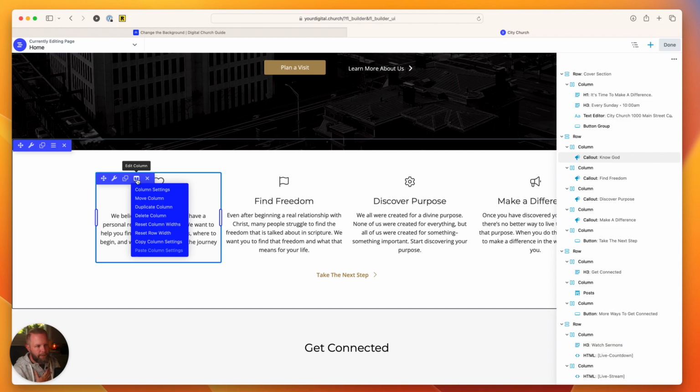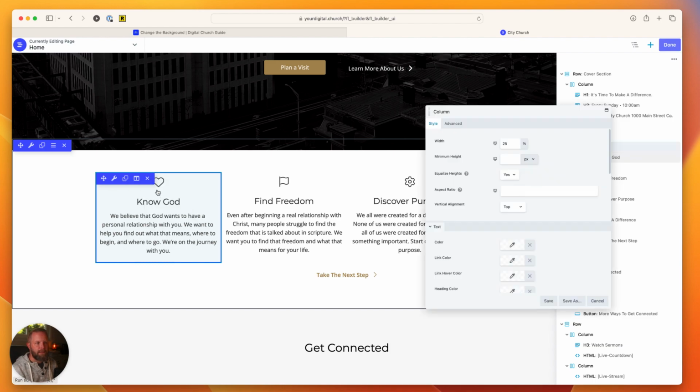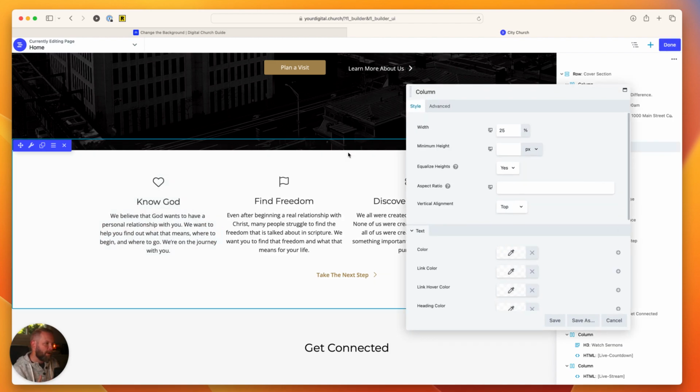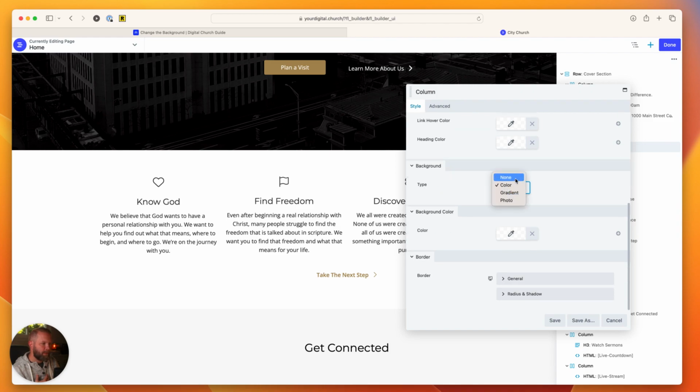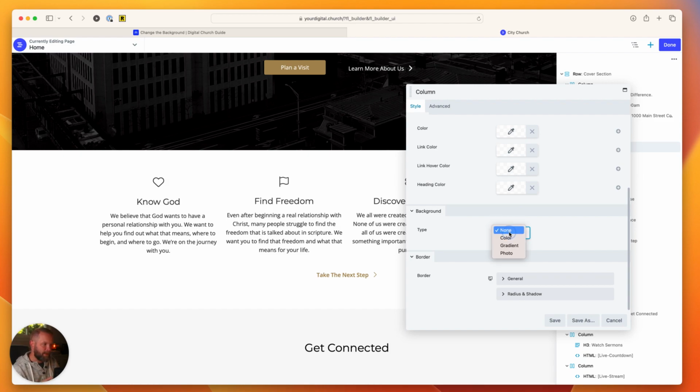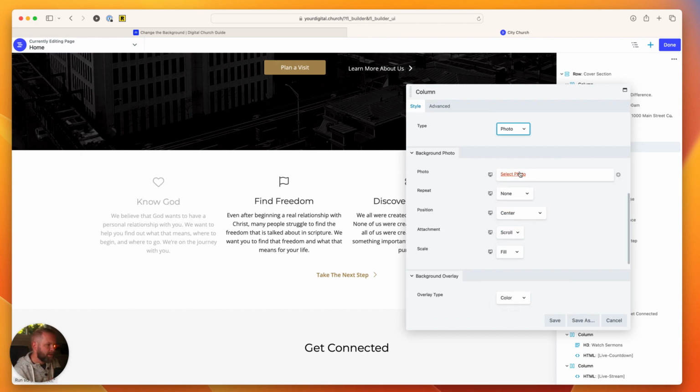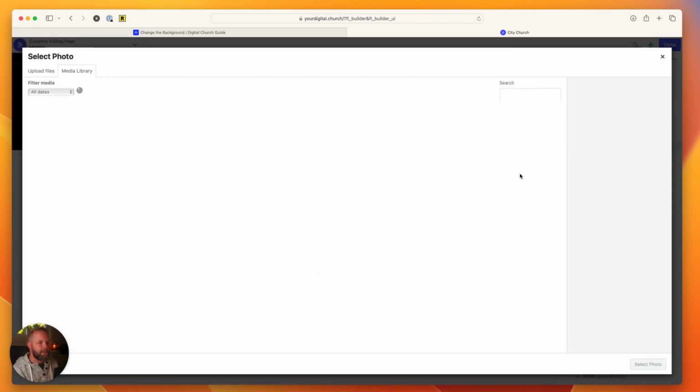So I'll hover over the edit column icon, and there are column settings. You can move the columns. So if you just wanted to shuffle these around a little bit, you could duplicate, delete, and do some other things. But we just need to go into the column settings because we're going to set a background image for the column. So then we go down here, and right now the background type is set to color, although it's transparent. Really, it could be just set to none, would probably be fine too. But we're going to add a photo. So we'll change the type to photo,